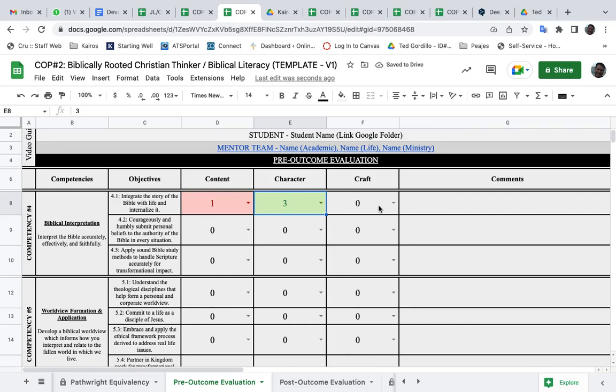So craft, let's say I don't know the Bible very well, and so I don't have a lot of skills of what it means to integrate the story of life. And so I'm going to put a 1 on that. Okay. Now that's not a very high score, but that's okay. You're just at the beginning. And you may write a comment here just for yourself as well as your mentor team who may be looking at this particular document. Say, hey, I'm a fairly new Christian, and although I don't know much of the Bible, I really want to know more, and I don't know really how to study it or what a lot of it means, but this is definitely an area I want to grow in. Okay, so you're going to go through that